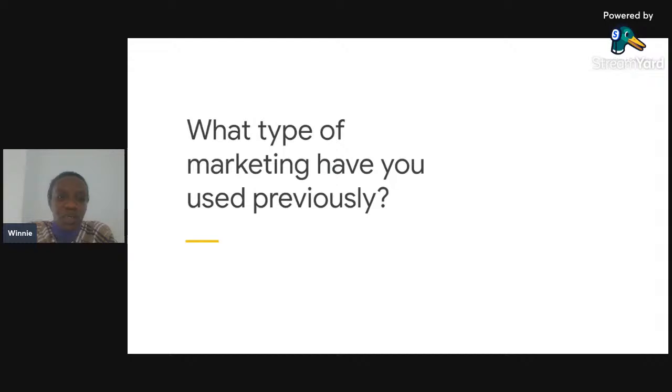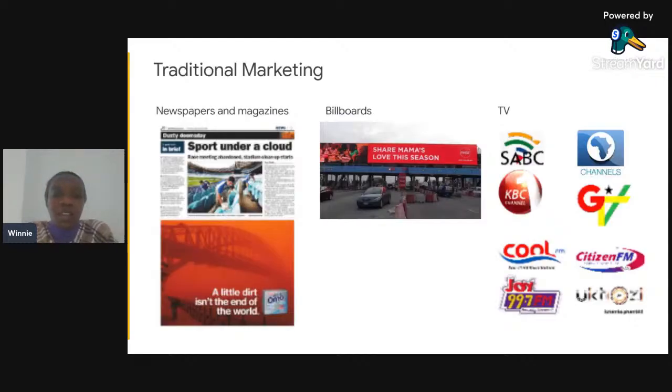So let us proceed with the class. Even before we get to everything digital, it's important to be aware of other traditional ways of marketing. Part of that is the newspaper. Back in the days, newspaper was really the in deal. If you didn't have your business in the newspaper, no one knew about it. We have magazines. I remember the likes of Parents magazine. Every month you'd look out for it to see a bit of businesses in there. We have radio, we have TV as well.